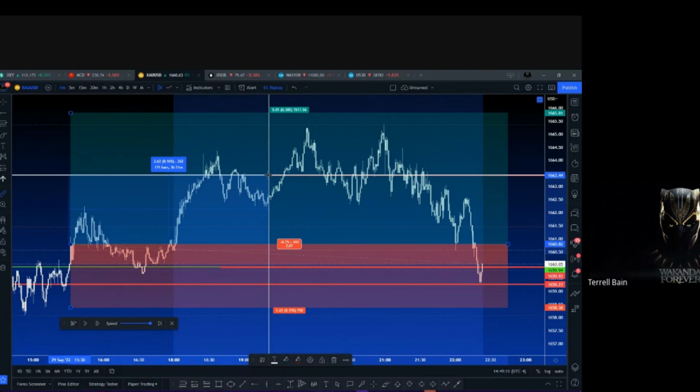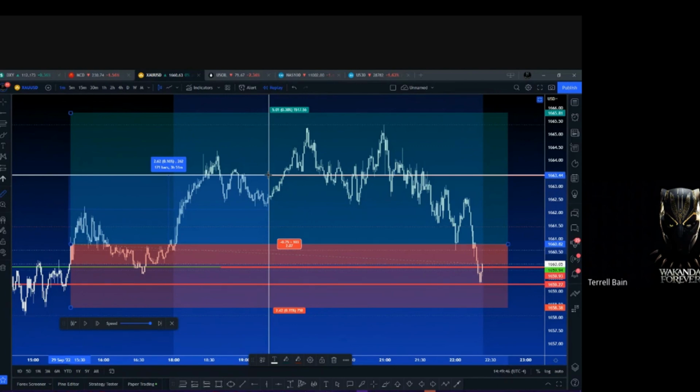Is that a $2 move? Yeah, that's a $2 move in 3 hours. All right. So I went from my entry at 1660 to really about 1663. Right. And that's a 20 pip move or 30 pip move on gold. All right. On a micro lot, that's $2 to $3. Right. On a mini lot, that is $20 to $30, and on a standard lot, that's $200 to $300. So guys, and that took 3 hours.